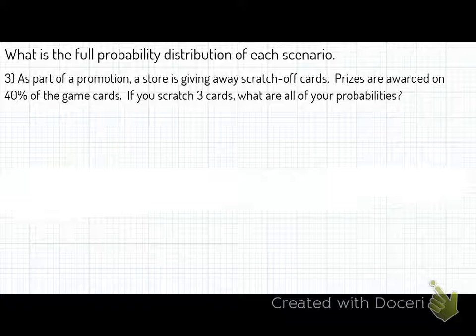What's our P? What's the probability of success here, everyone? 40%. So we're going to start with that. P is equal to 40%. How do we write that as a decimal? Good, okay. What is our probability of failure here? Good, 0.6. Excellent. Okay, how many attempts are we taking? So our N is 3. Good.